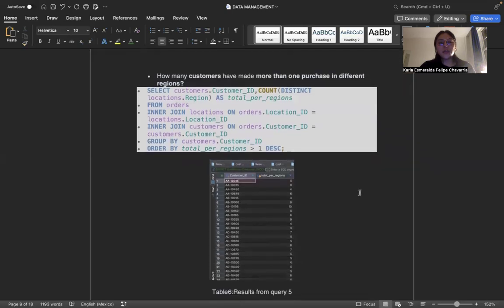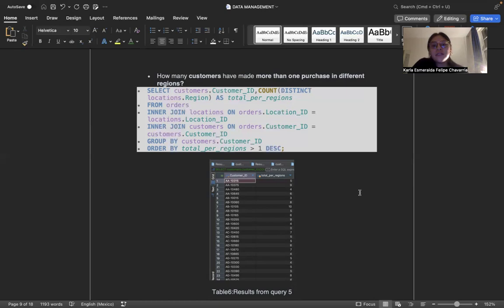And then we have how many customers have made more than one purchase in different regions. So again, we are using the distribution between the regions, but we want to know the customers that bought more than one time in different regions. So again, we are using two different tables. That's why the inner join, and count in order to see how many times the region appears, and distinct